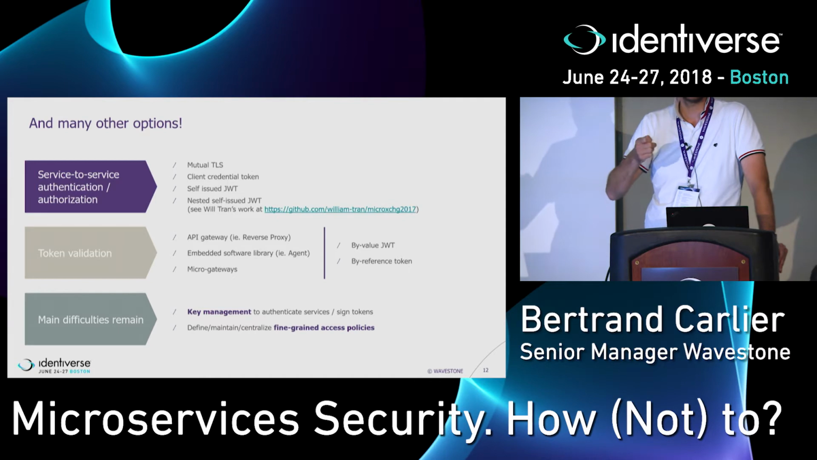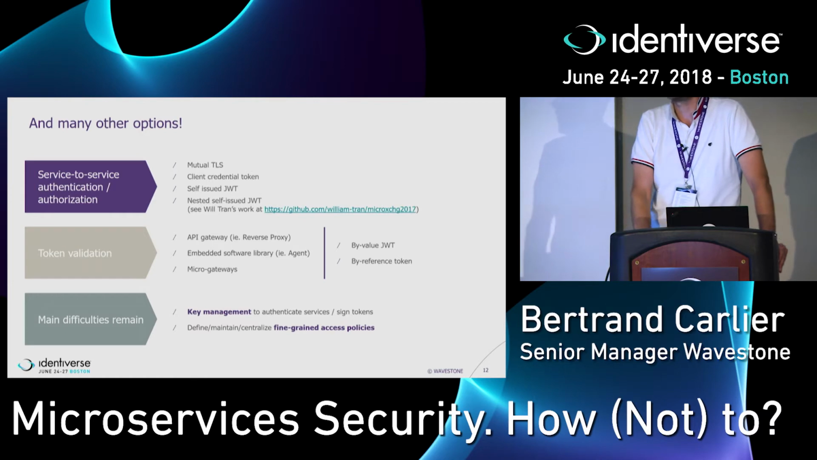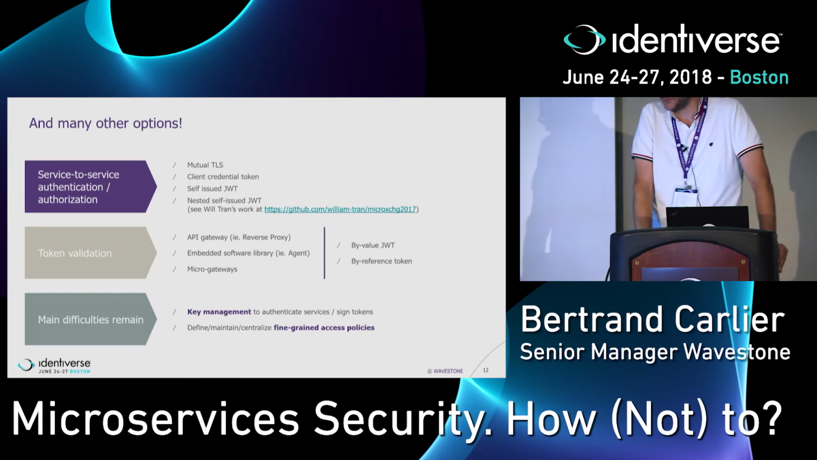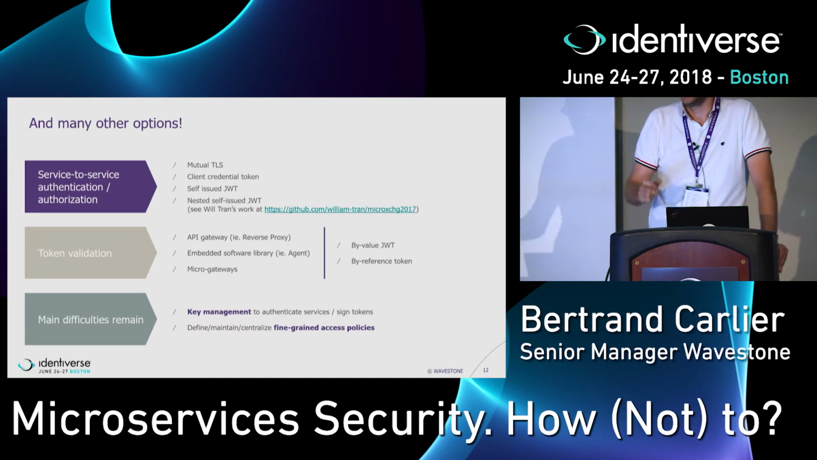Same thing with public keys. Are you going to publish that? How are you going to publish public keys so that APIs can get identities of the previous APIs in the chain? And the other topic that is really difficult from my point of view is, well, if you're mature enough